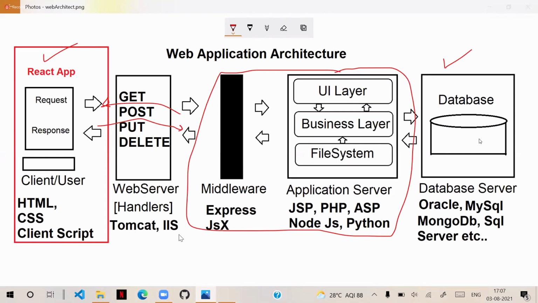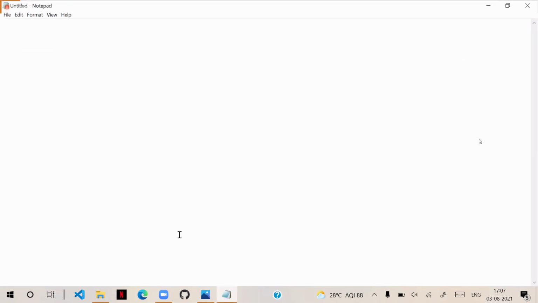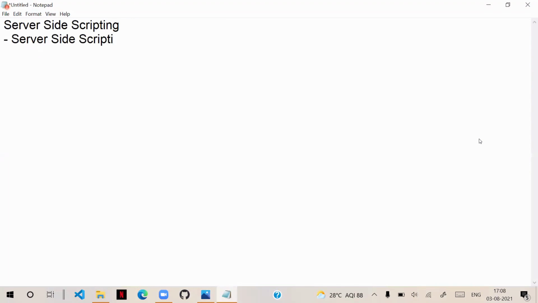Generally we call this server side scripting. Actually, you already saw client side scripting. Now, server side scripting.